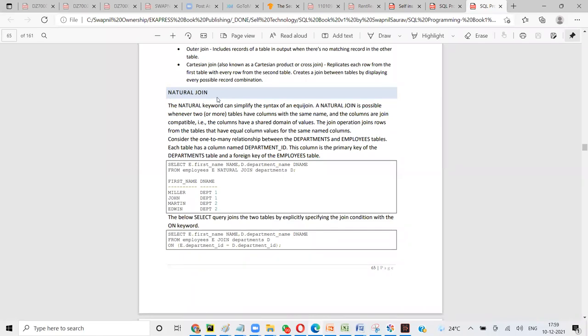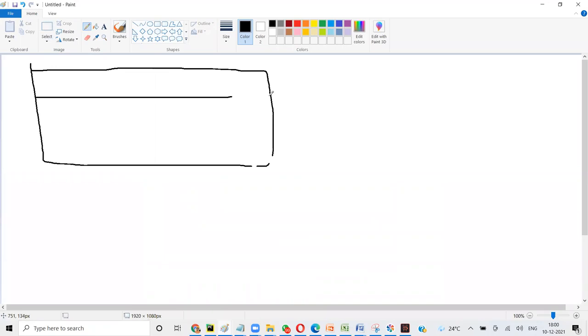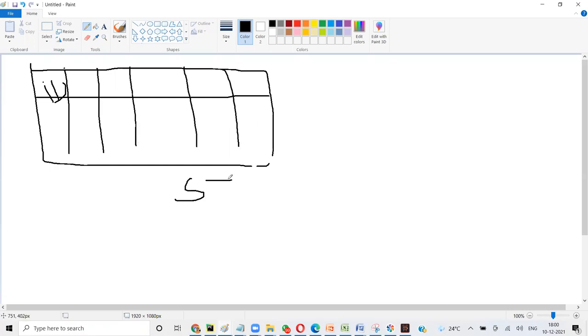So when you have multiple tables, the tables need to be connected first of all, if you want to get data from 2 different tables. Let's take the library example that we've been talking about. Let's say you have a table for student with student ID, student branch, phone number, address. So this is a student record.